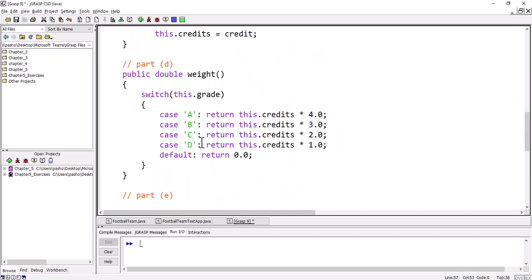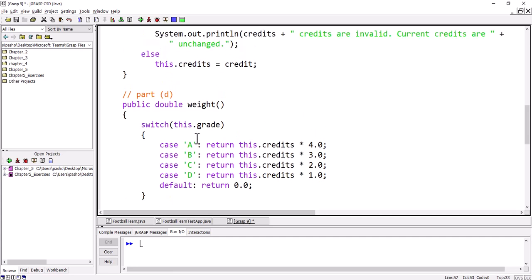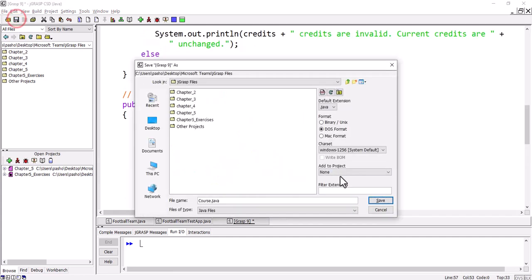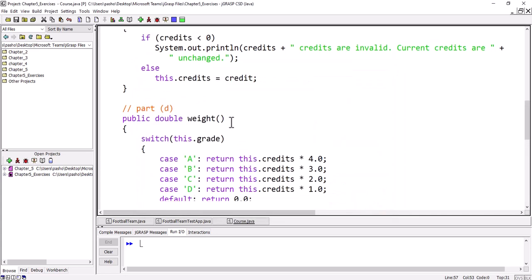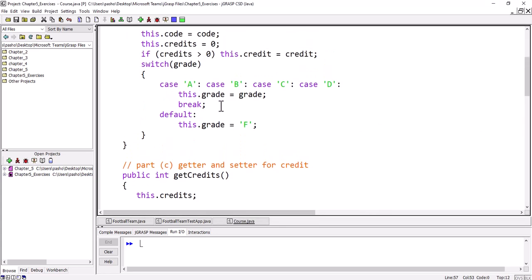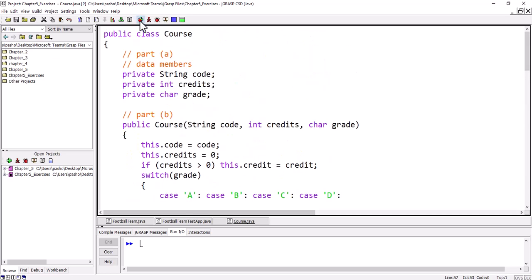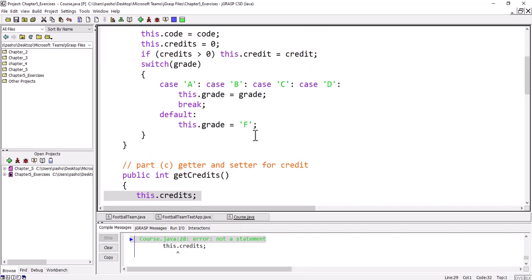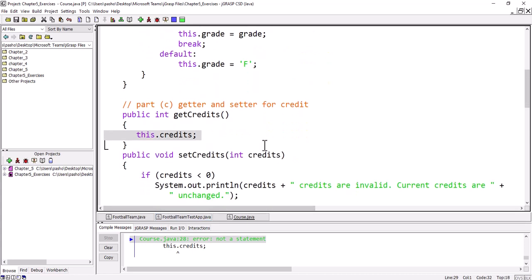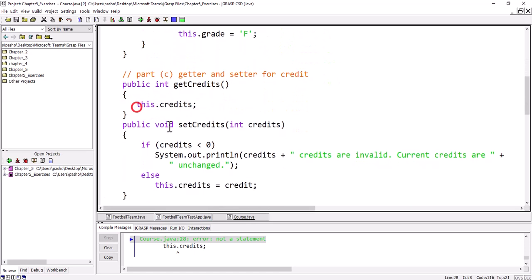There are no more parts to include. Now we need to save it, and at the same time we need to check that it does not have any errors, so we will press the plus sign. In fact we found one, and what does it say? It says not a statement. This.credit, where is it? Here, the getter, okay, sorry, here we have to say return because this is a getter, so it needs to return the credits. Run it again,